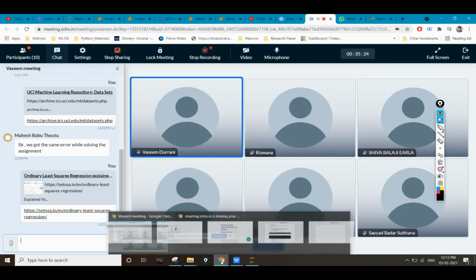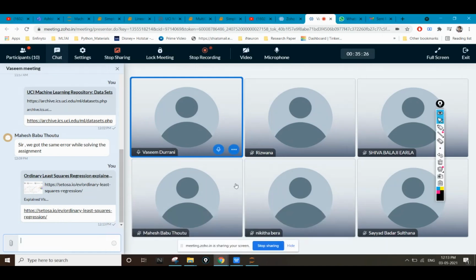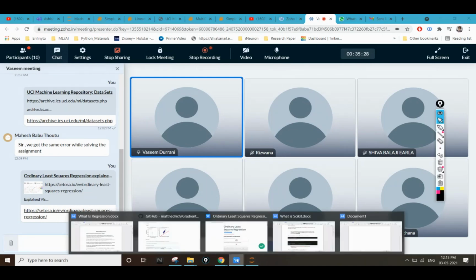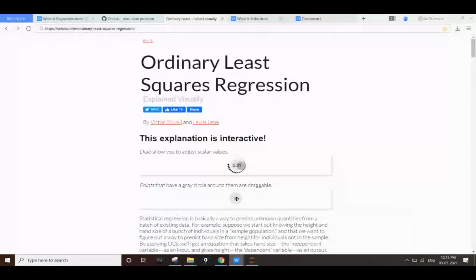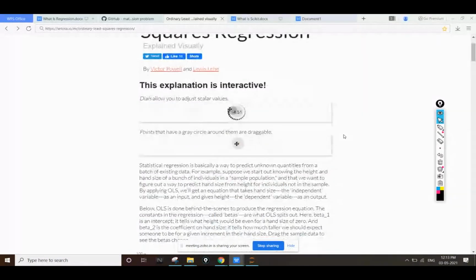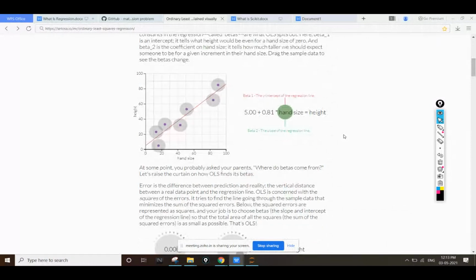When you click on that link, you are going to see a line with different points, and it's an interactive figure.